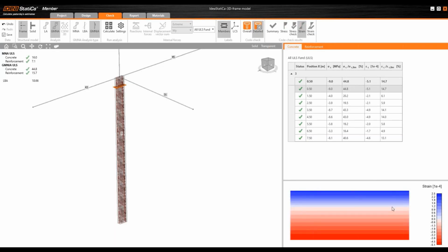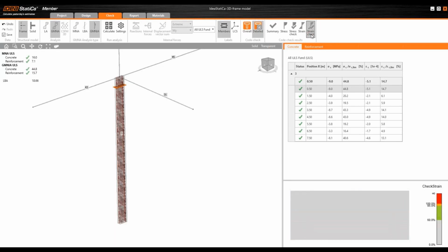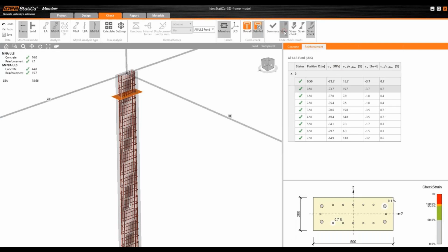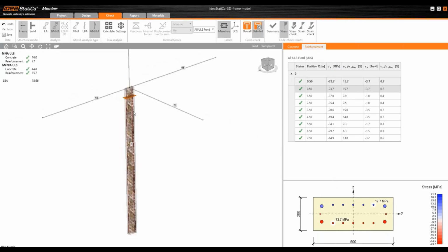Strain, you can see the strain check. Yeah, we are under 60%. So it's in the gray, and I would like to see the stress in the reinforcement. The red color is under compression, blue color is under tension. If I want to see more,